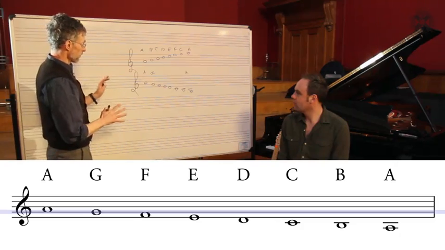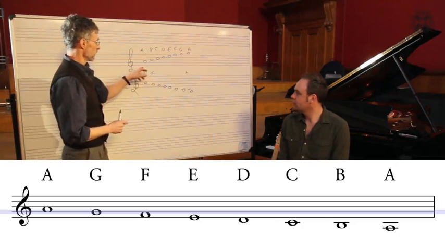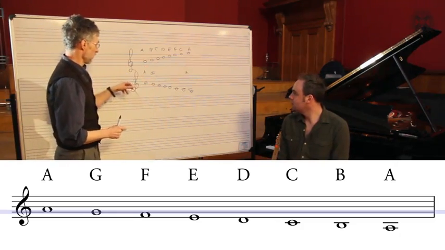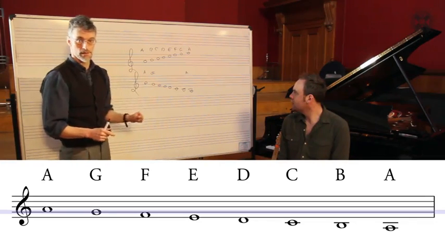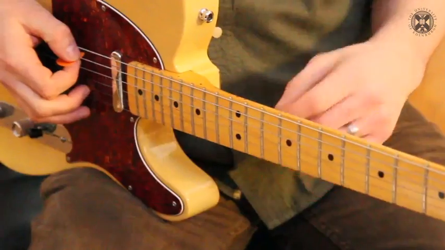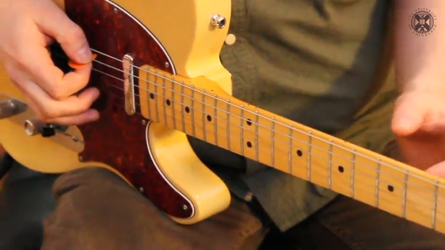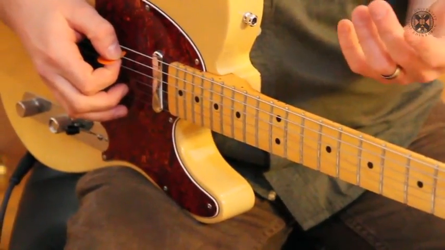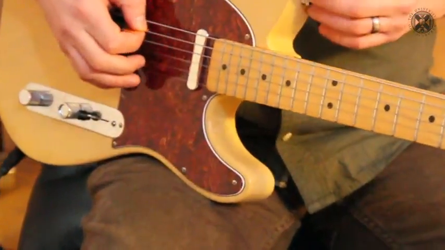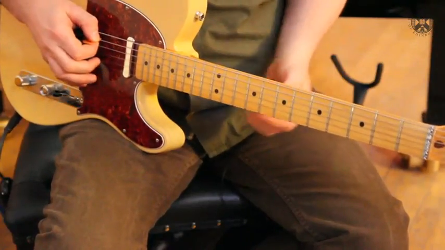But the really important thing we've got to deal with is the existence of more than one A. And in fact, now we've seen this being a C, more than one C. What does that mean? That's what we're going to look at next. Following on from this idea of having more than one of any given note represented at different points on the stave, let's use the guitar as an illustration. So on the guitar, if we play this string,